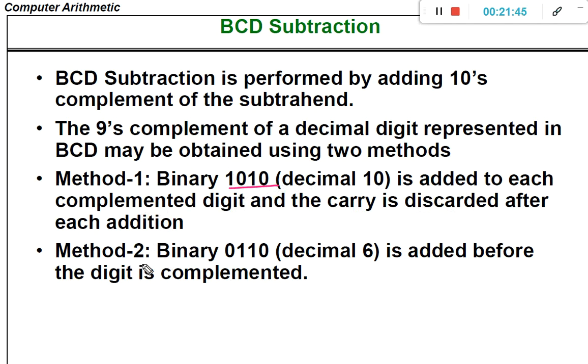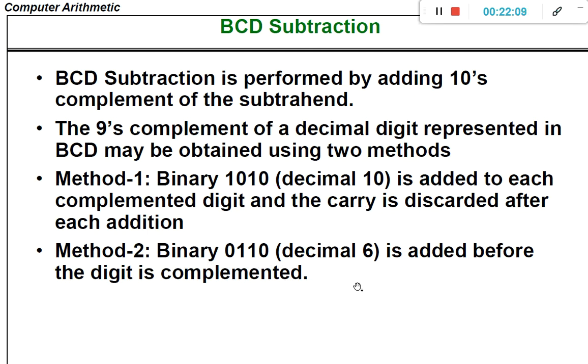Otherwise, method 2 is add plus 6, that is binary 0110 is added before the digit is complemented. These are the two ways by which we can get the correct result of the 9's complement representation.